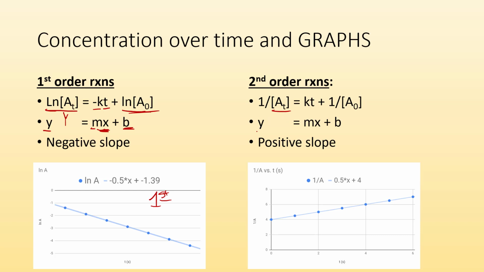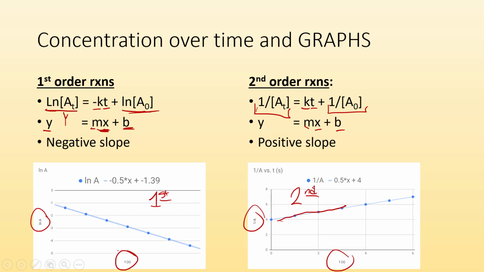Why do we write it that way? Same reason we get a nice y equals mx plus b format. So we can graph that, where y is our 1 over the amount at a given time. Our slope is going to be our k. Our x is going to be our time. And our y-intercept is going to be 1 over the starting amount. So if that gives you a straight line, then you know you have a second order. So look at the axes for your graphs, and that'll help you figure out which one it is, first or